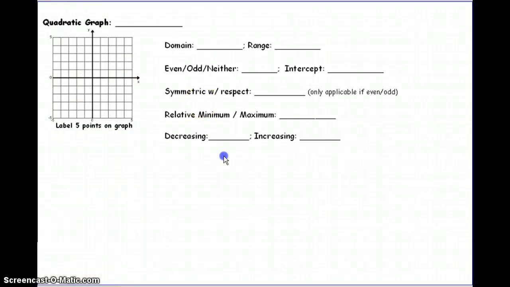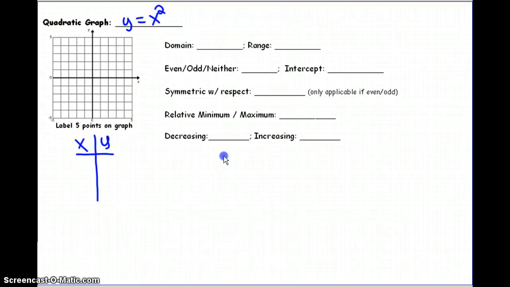Take a look at the second page of our 2.6 notes from today. The first type of parent graph that we're going to talk about in this video is the quadratic graph, which has the equation y equals x squared. Now, before we answer any of these problems or questions regarding domain and range and so on,